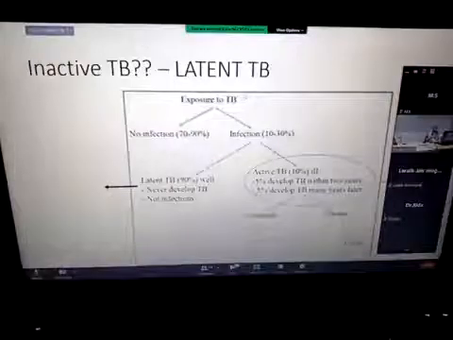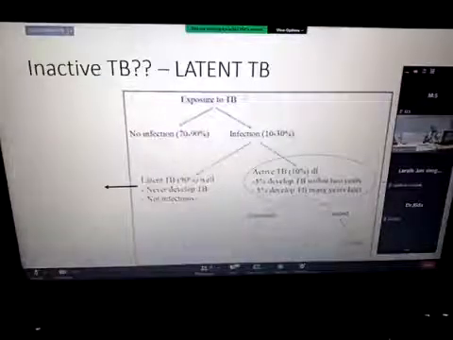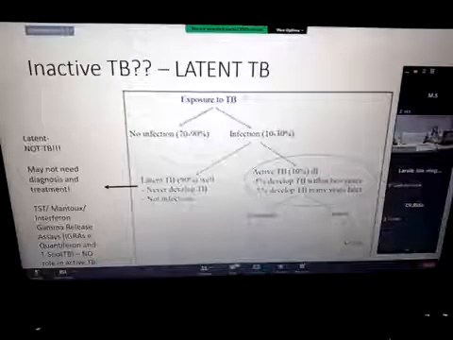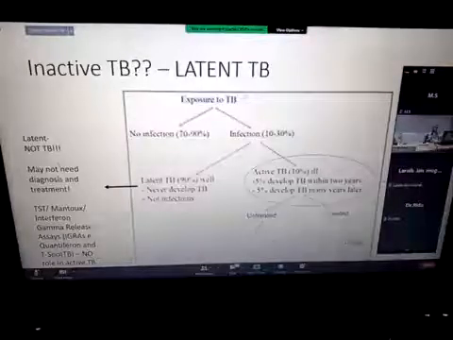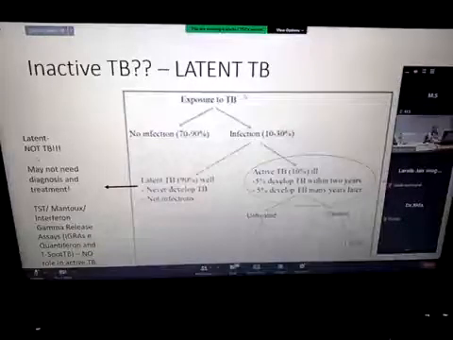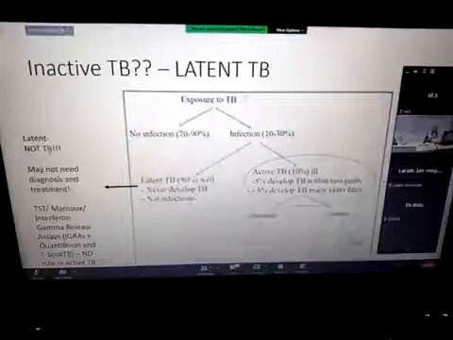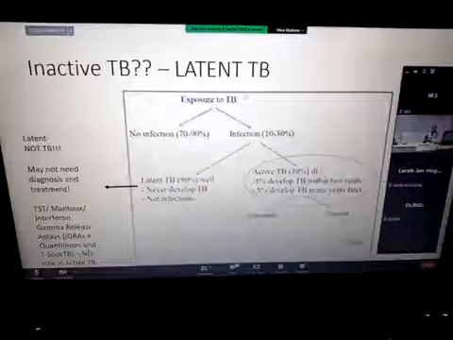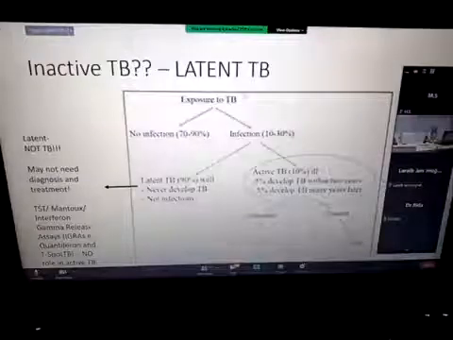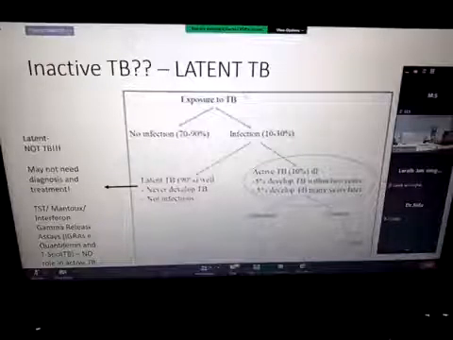On the other hand, when we talk about latent TB, let's revisit latent TB. And when we talk about latent TB, we say it is not tuberculosis the disease, because disease के लिए जो है वो active disease process होना चाहिए. It does not necessarily require diagnosis and treatment simply because you've managed to close it off. It's just like के